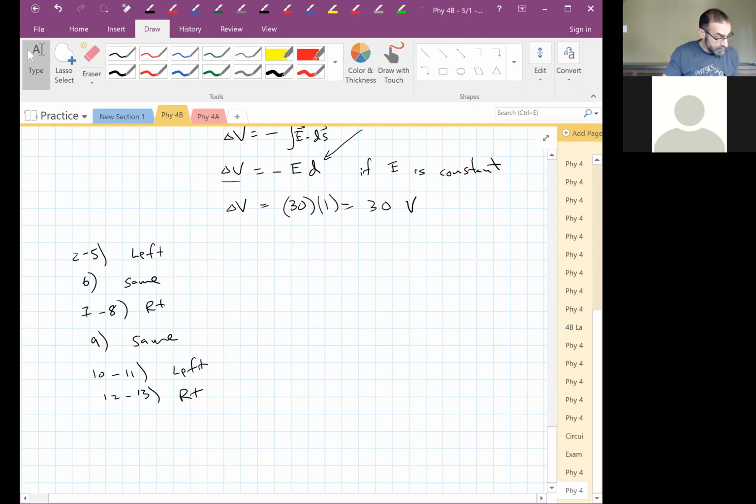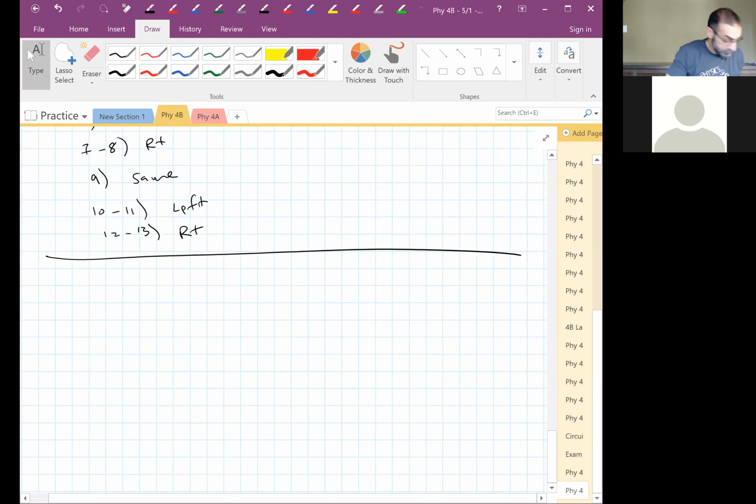Okay, let's move on. So what we want to do is use delta V is minus the integral of E dot ds and Gauss's law to find